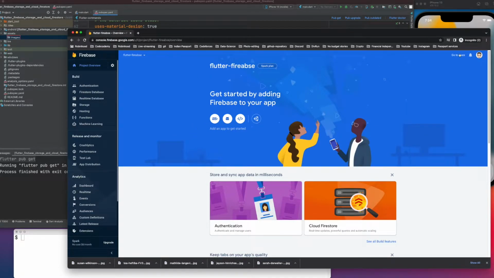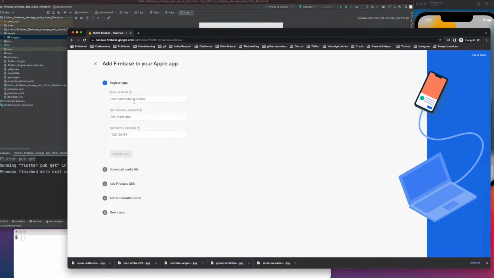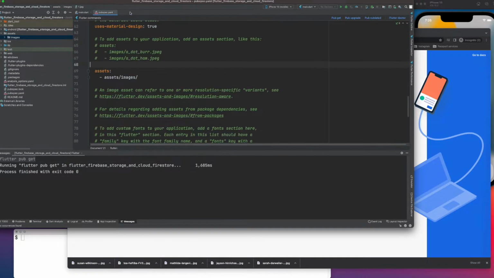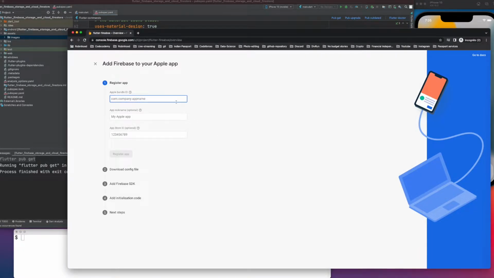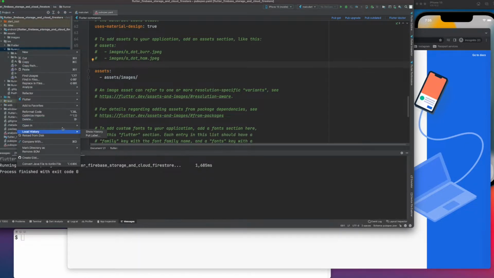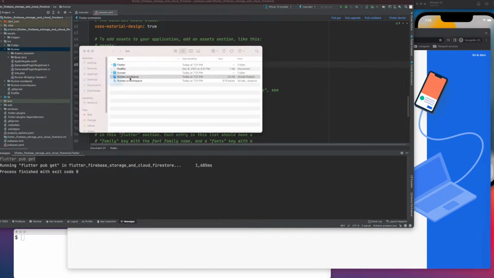Now here I'm using an iPhone simulator, so I will go ahead and run the Apple iOS. Right, now in order to start with this, okay, so our images were uploaded to our assets folder. So these are the images that I am going to upload to my Firebase storage, right? Now in order to get the bundle ID for iOS, the way it works is, let's go to the iOS folder, the Runner folder. I will open this in Finder. Now once this is open here, I'll open this in Xcode,